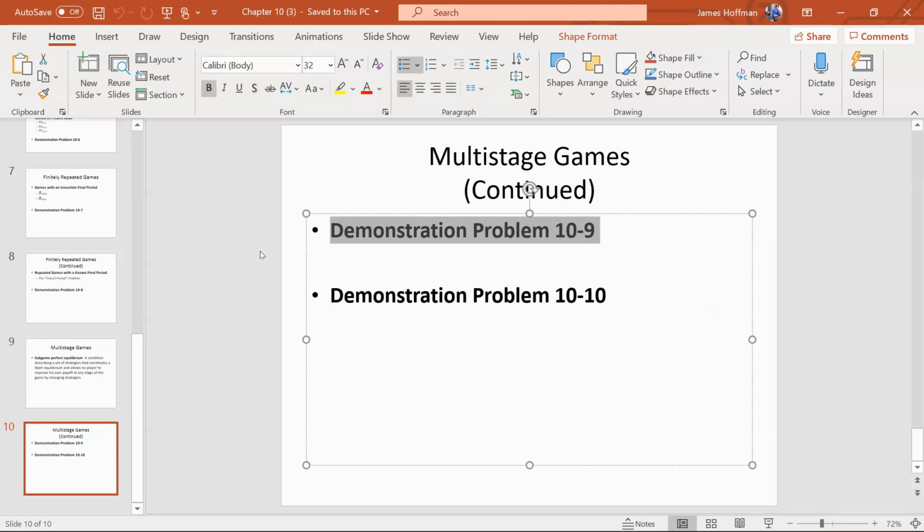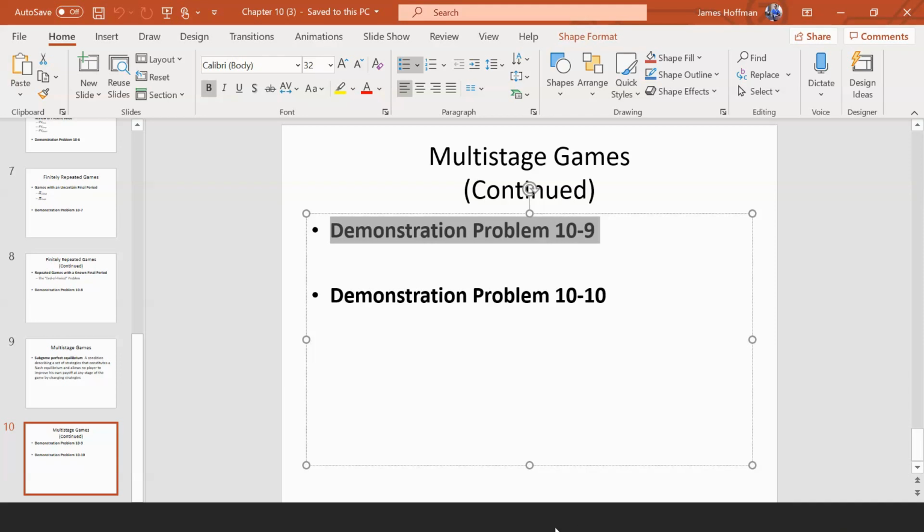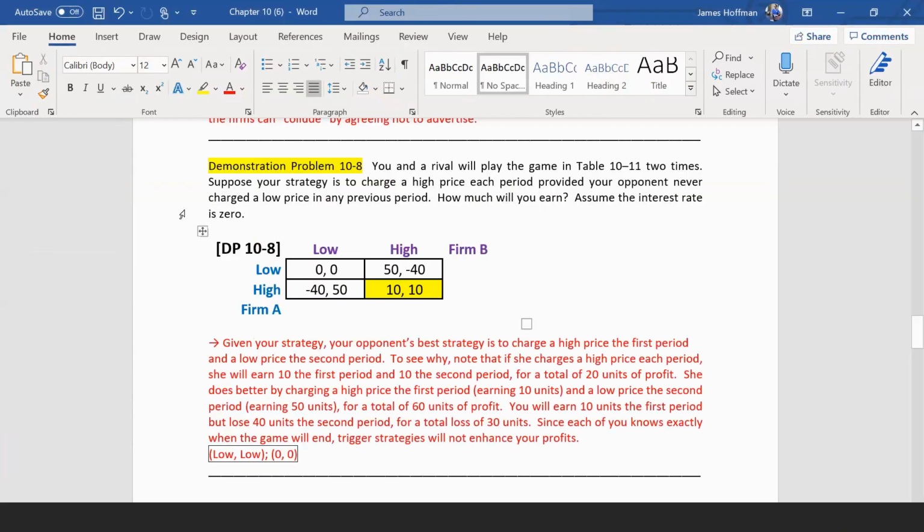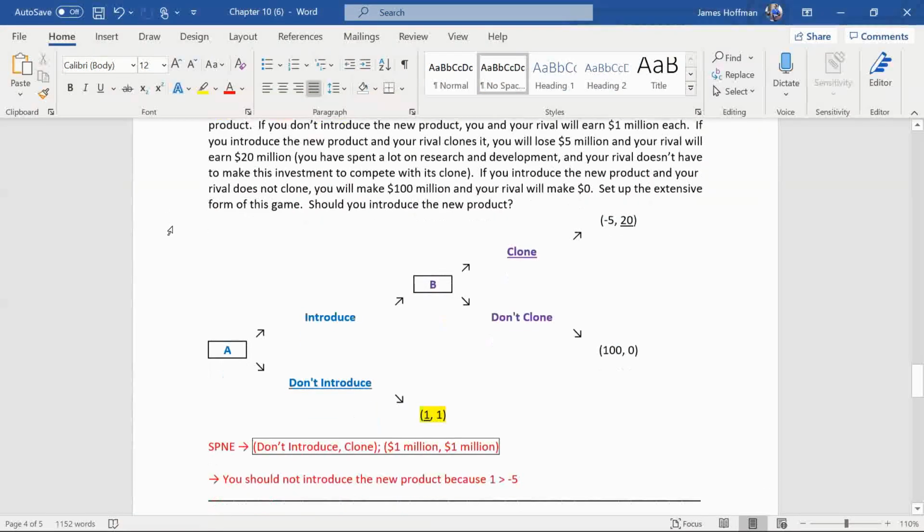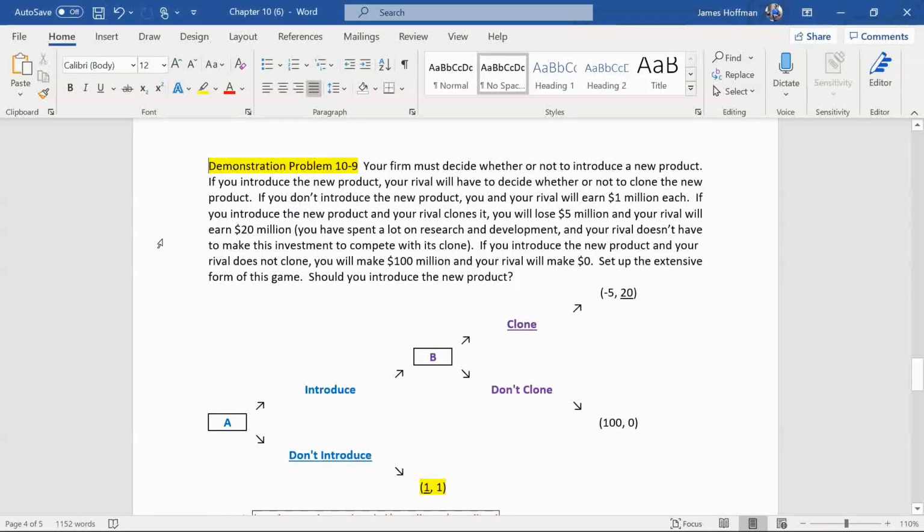So now we're going to look at two examples of sequential games in which one player goes first and the other player goes second. These are called multi-stage games or sequential games. So demonstration problem 10-9. Let's look at that one first. Okay, so here we go. You read the little description and it'll tell you how to illustrate or depict the game for this type. So your firm